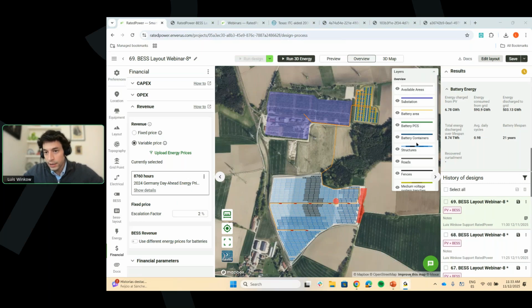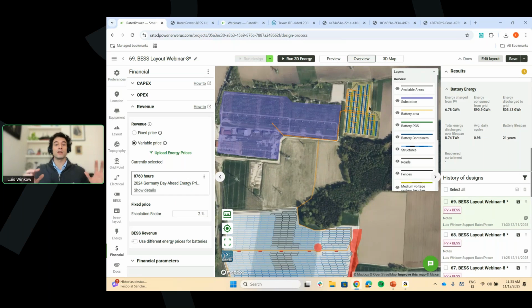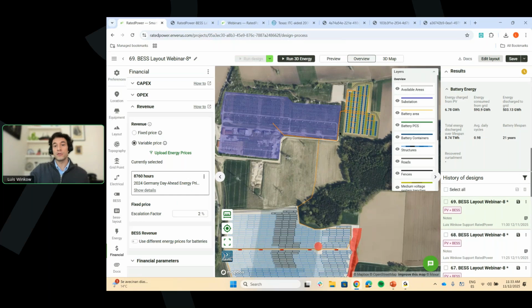Jose Luis, hello. Is it possible to create zones with different equipment orientations on the same BESS plant? That's a very good question. It's a yes and no, because in the same BESS, so for example, in this area and here, I cannot select different equipment. What is possible is that I can, as we were seeing here, create, for example, different